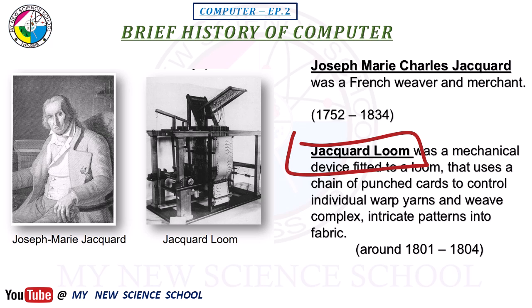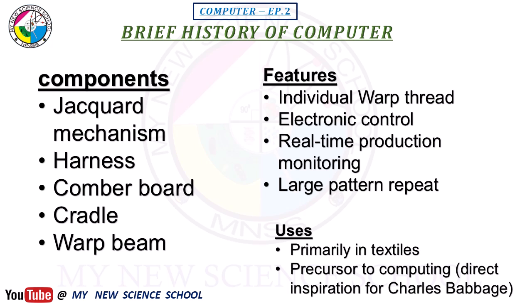So it's semi-programmable. Let me say just programmable. And these are the features of the machine. The machine was used primarily in textile industries and was a precursor for computing, because the machine directly inspired Charles